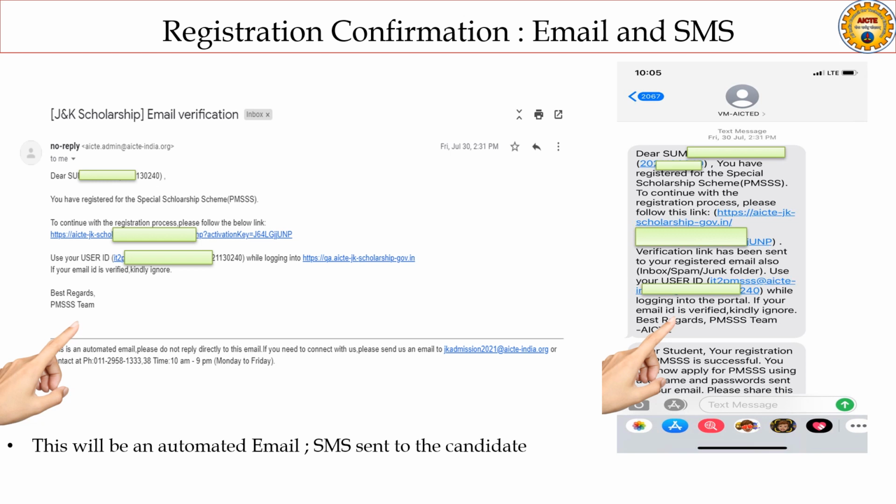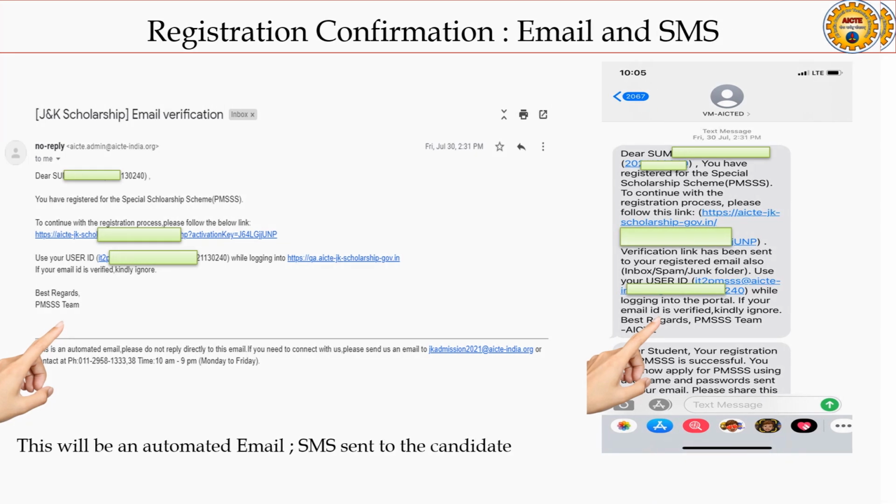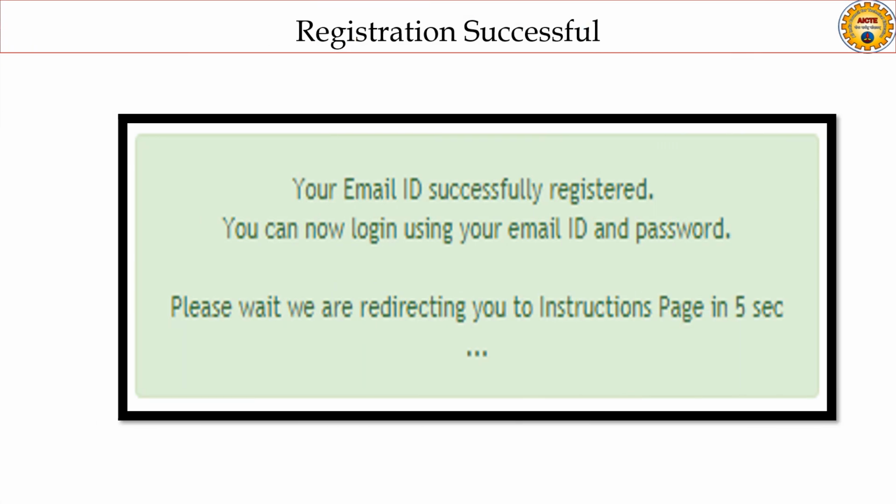The candidate has to click on the link to complete the registration process. After clicking on the link, the registration will be successful and the following message will come: